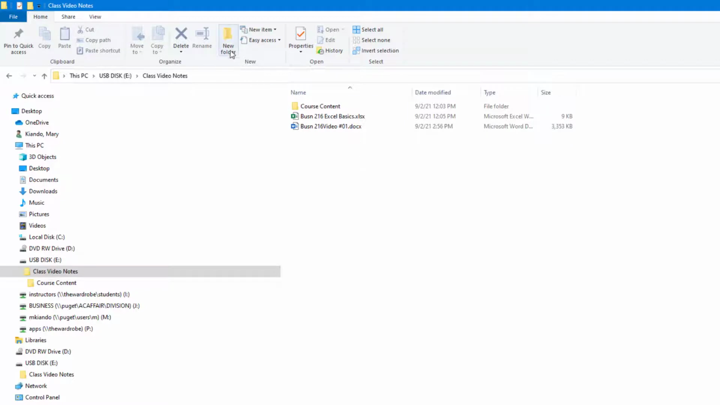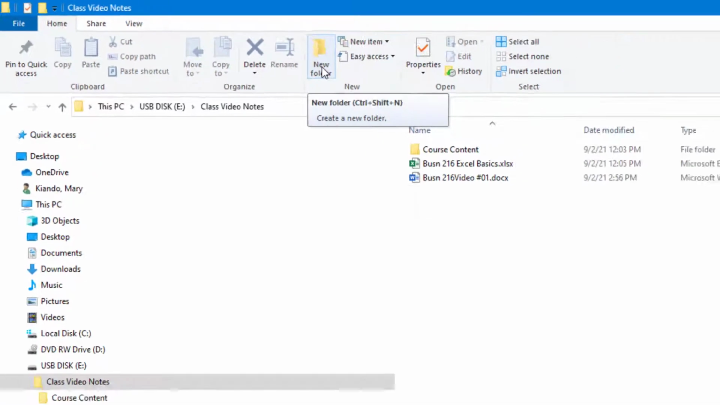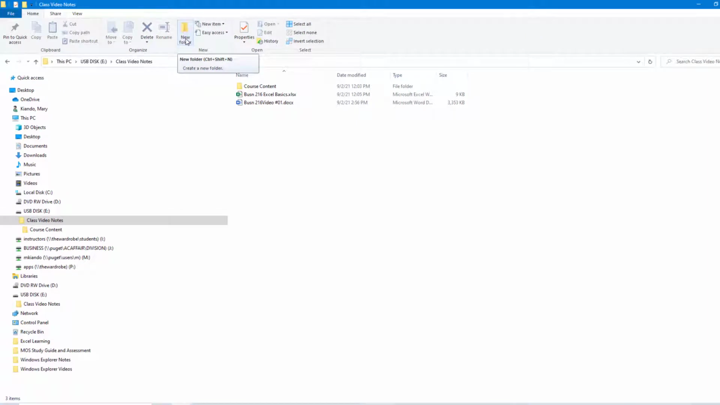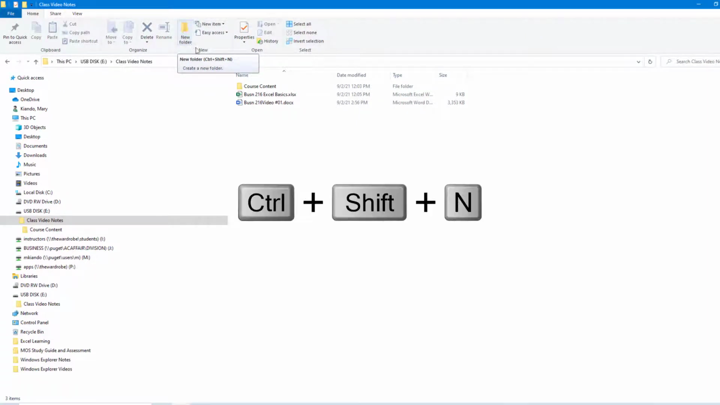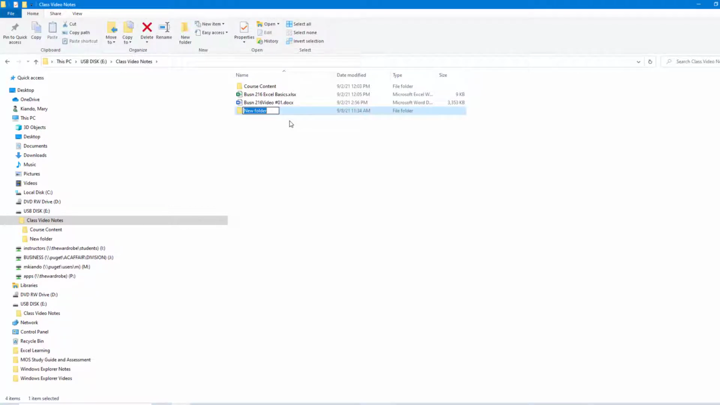The easier and quicker way, we can either click new folder, and when I have highlighted the new folder, you see that there's a keyboard shortcut there, which brings us to our next keyboard shortcut. The keyboard shortcut to create a new folder is Ctrl-Shift-N, and that is what we'll be using mostly in this class. Before you create your folder, you need to make sure that you're creating your folder in the correct location. I see that I am in class video notes, so I will come on this side on my white area, and I will use my keyboard shortcut